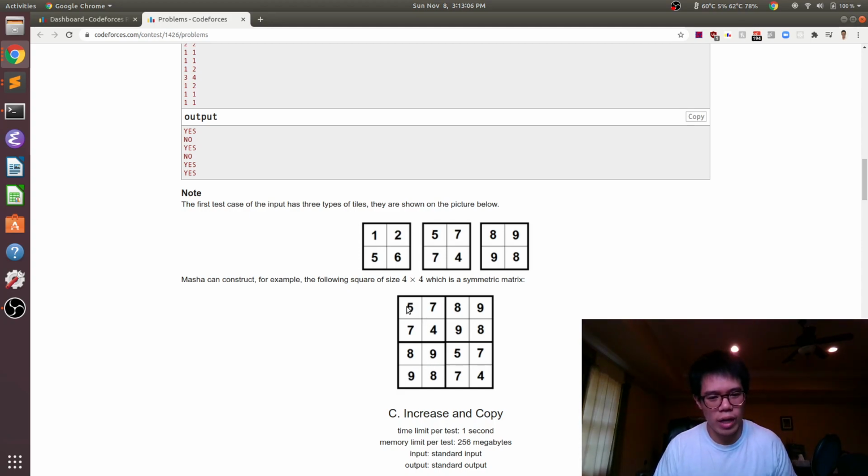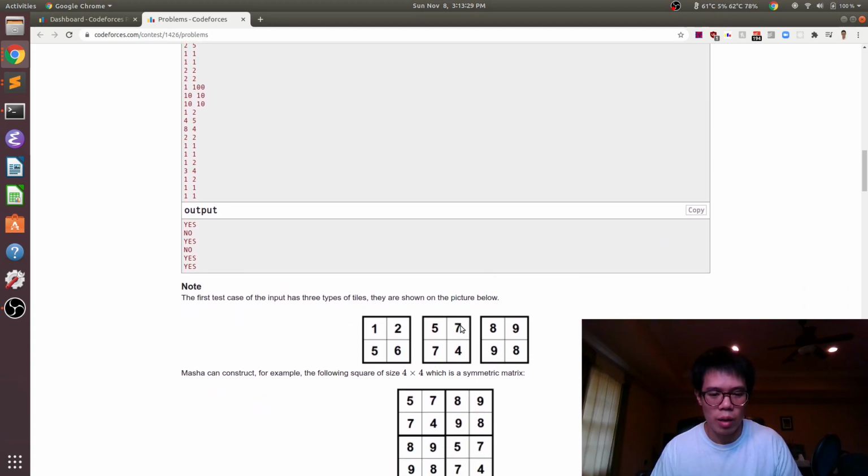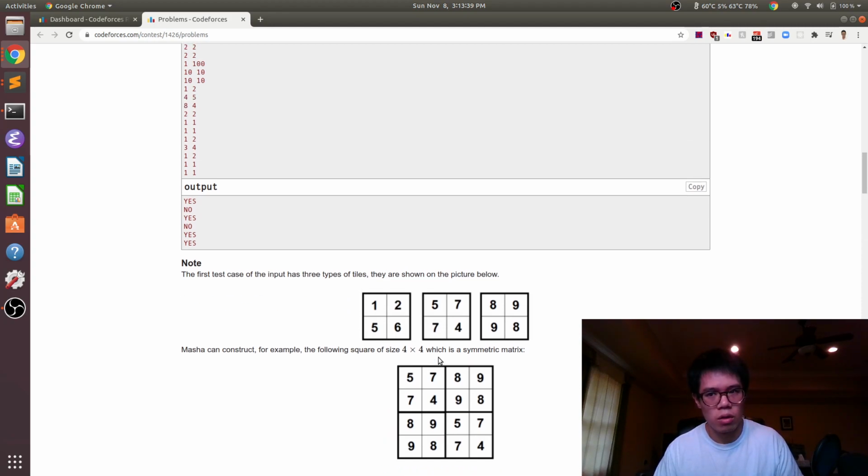And it turns out if we have the tile that works on the diagonal, then you can do that flip to make it match itself. So for example, this 5774 tile, instead of this 8998 tile, we could have just put that 5774 tile here as well, and that would have also worked. So what we're actually looking for is: is there any tile where the top right equals the bottom left? And if there is, then we can just fill the entire matrix with that.